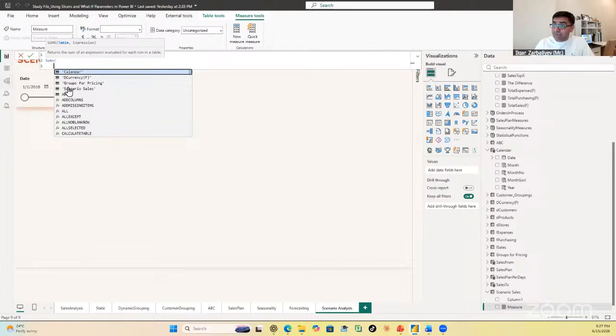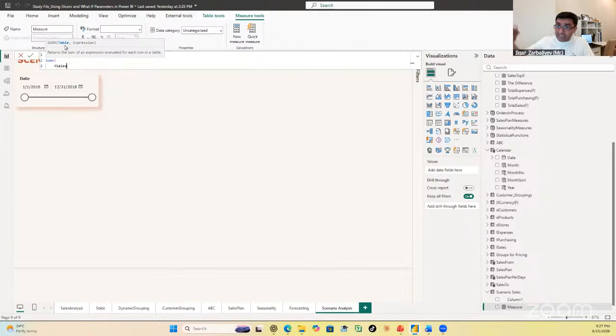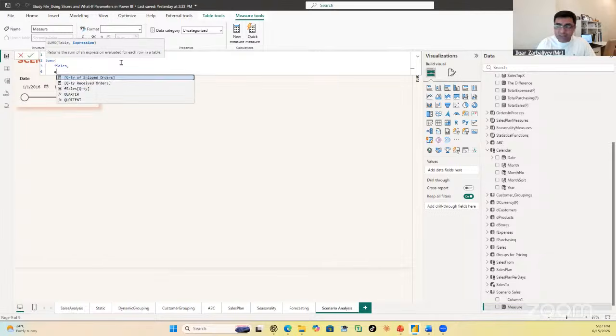I will explain this function a little bit later. So I'm going to select my table. This is going to be my F sales table, from where I will calculate the total sales. And for the expression, I'm going to say quantity in the F sales table